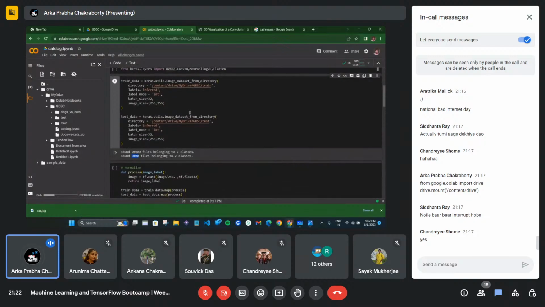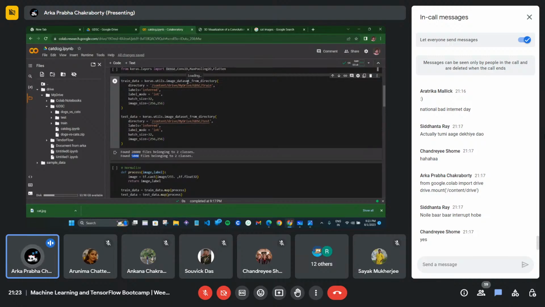We have to divide those pictures into batches: how many images you want to give to the model at a time. I have set the value as 32. Normally you can take 64 also. Those are standardized values, 32 and 64. I'm doing this for train data.